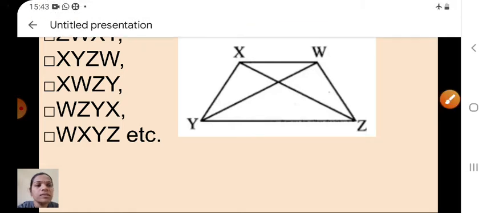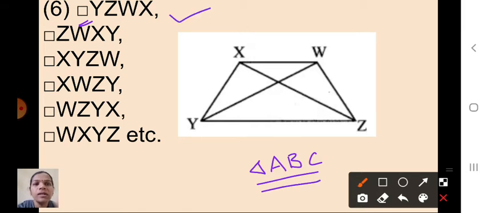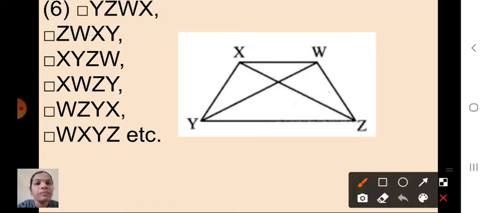Okay children, the first one I have written here is quadrilateral. This is the symbol of quadrilateral. For a triangle, how do we write it? Triangle ABC, like that. Here, quadrilateral, what is the symbol of this? This one. So how do we have to read this one? Quadrilateral